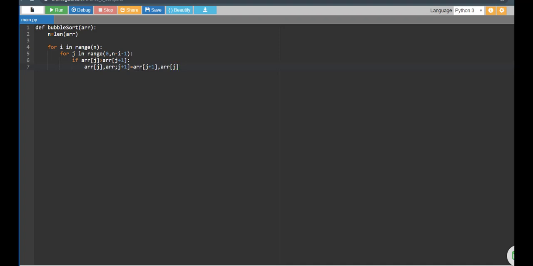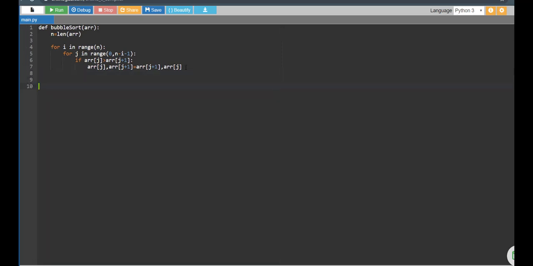Here array of j plus 1 is assigned to array of j, and array of j is assigned to array of j plus 1. So here we are done with our swapping. This is the end of our bubble sort function.